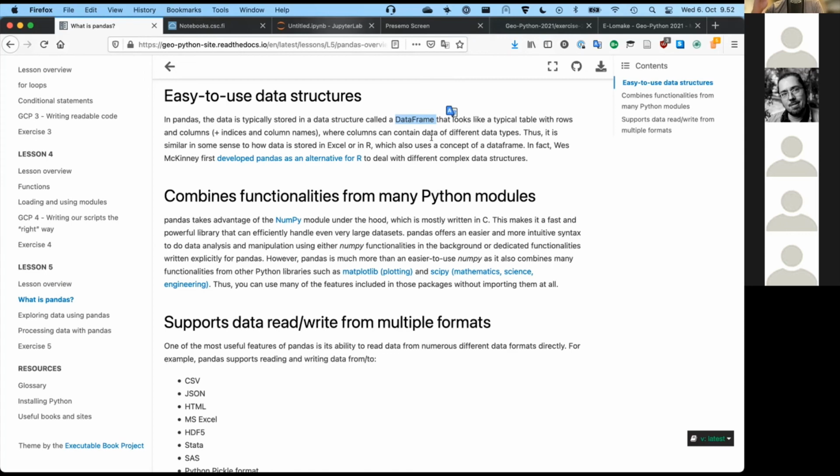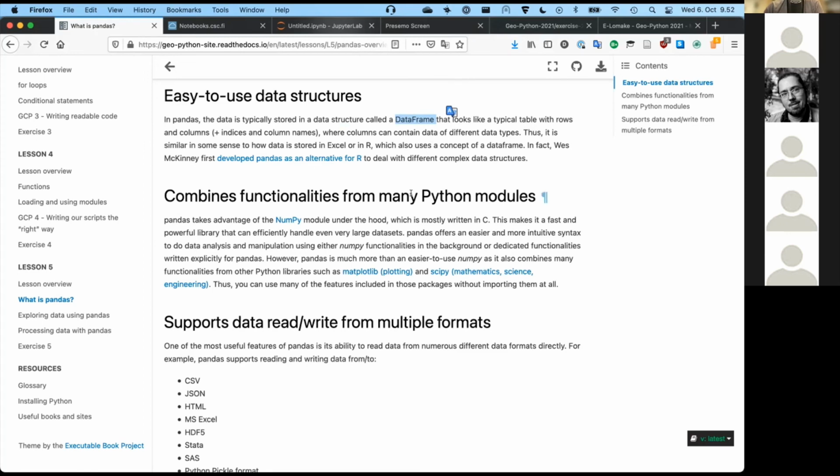So there'll be names for the columns and names for the rows that you can give meaningful names, not just index values like 0, 1, 2, 3, but actually meaningful values there. And then instead of having lists where each list has maybe a set of values, in a data frame, you can have many different rows and columns, and each of them can be named,